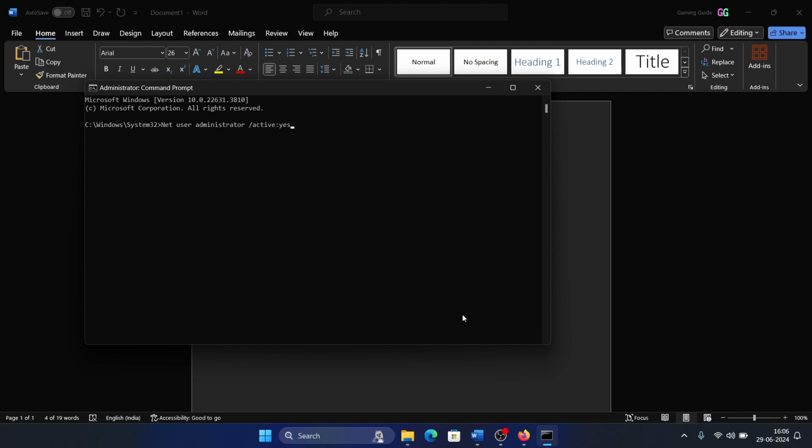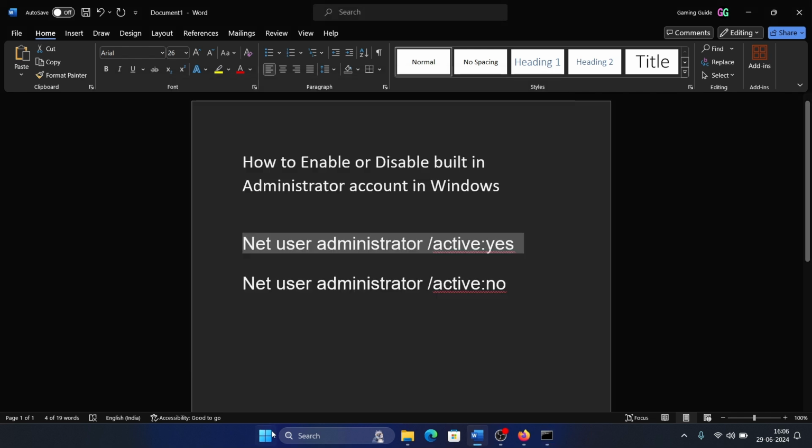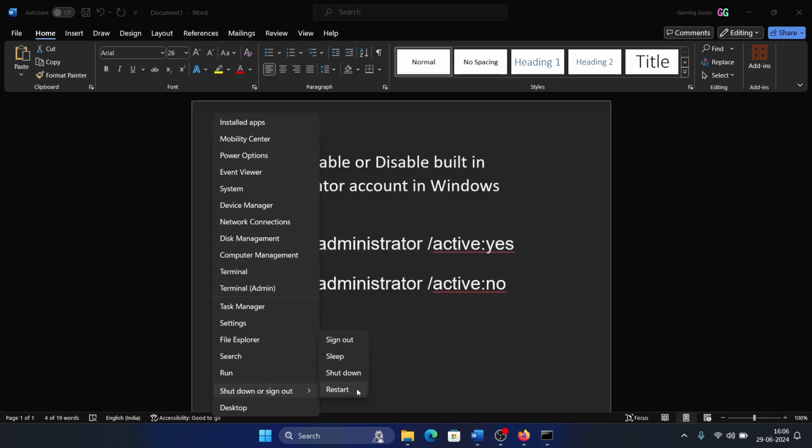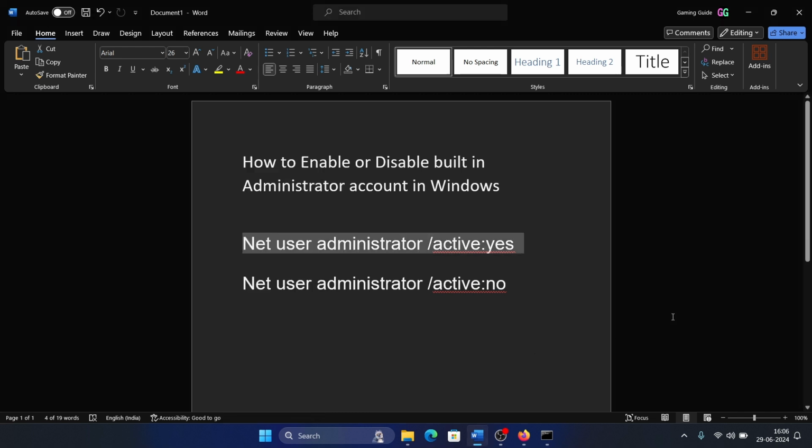Okay, I'll paste it here. It says active yes, hit enter. The administrator account has been enabled. Now if you restart your computer, you will notice that there is a separate option to log in as the